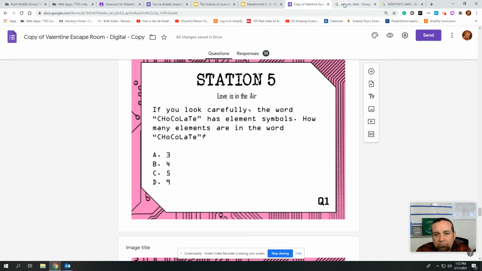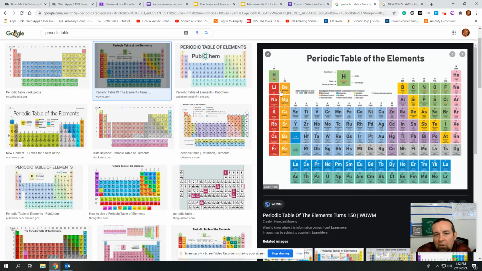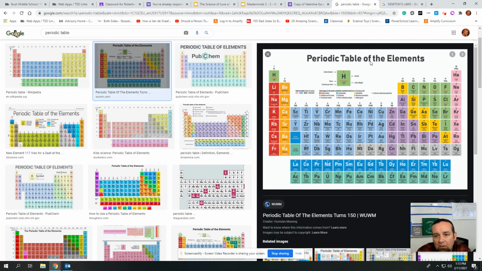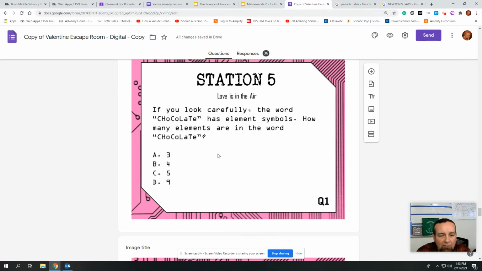Now for this one, we wanted to pull up a periodic table of elements. Just do a Google search and find that image. And my advice is count the big letters. So here's carbon. That's the letter C. You can see that right here. Next one is a capital H. There's hydrogen. And we continue on,